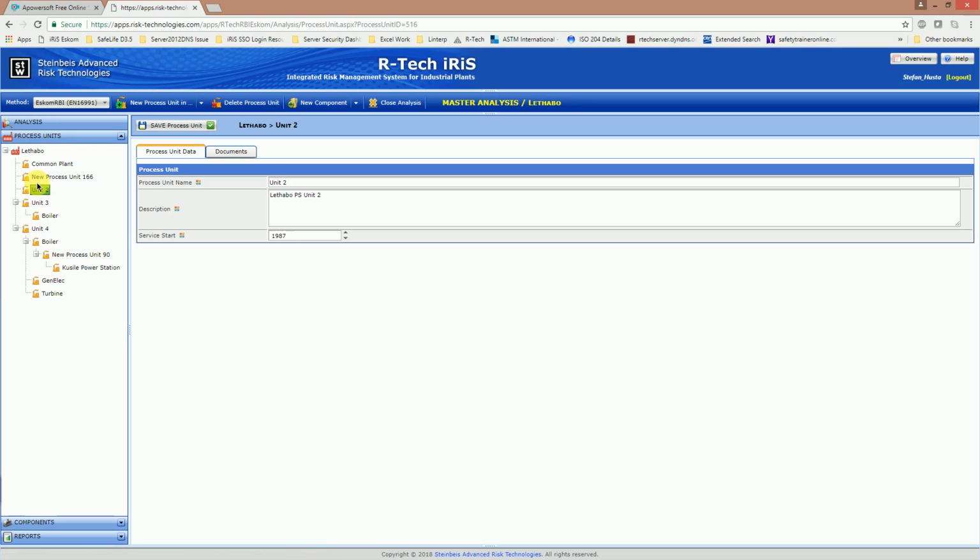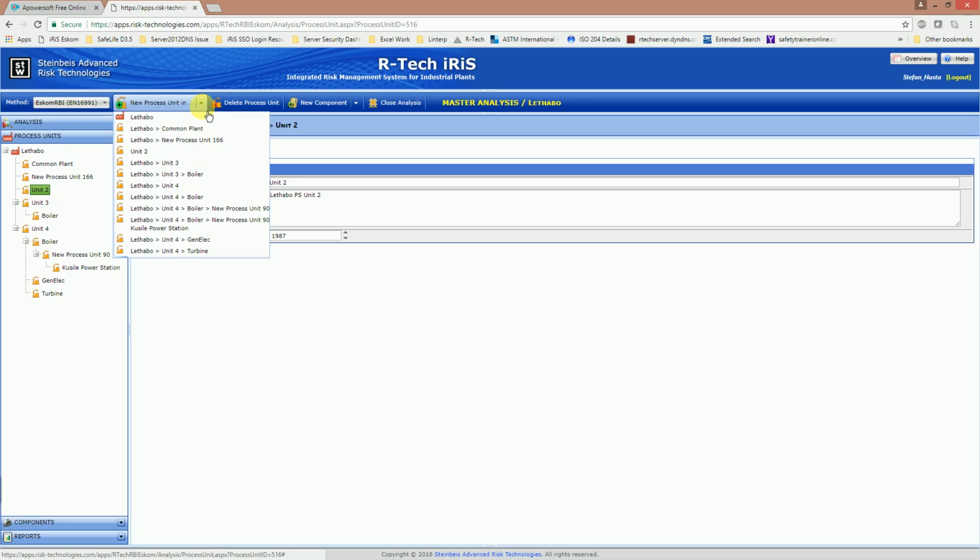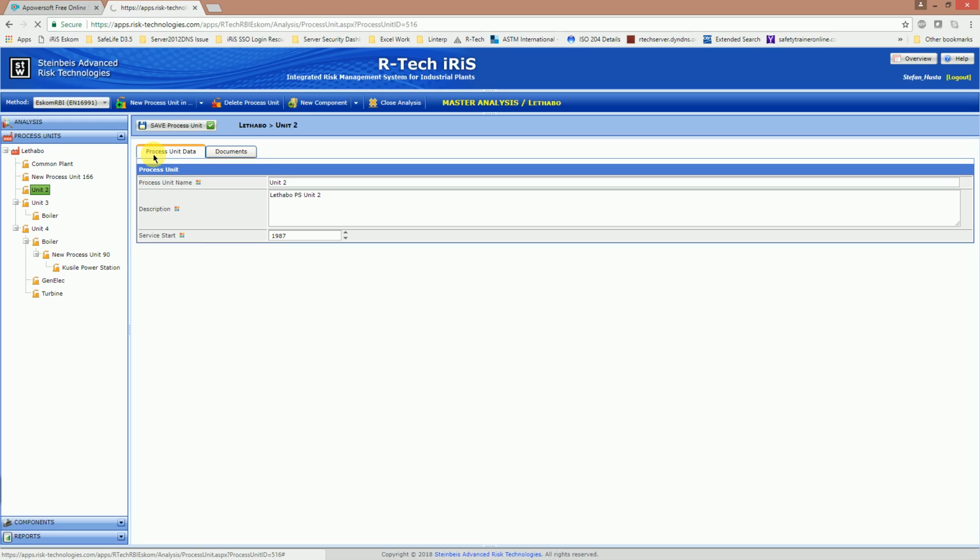So now you can see in the tree we've got our Letabo, we've got our unit 2, we have a unit 3 which was created before, and basically the main unit 4 which was covered during our project. Now I can start adding new process subunits within unit 2. So say for example I want to add in the structure. So I'm going to say new process unit in Letabo Power Station unit 2. So within unit 2